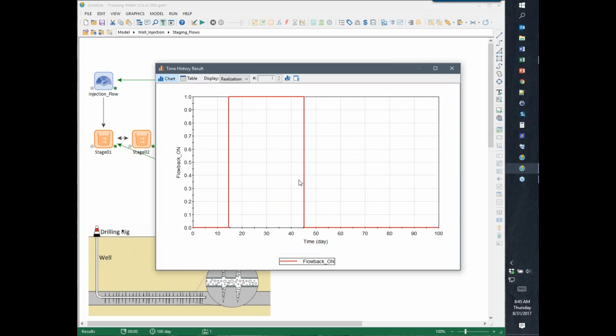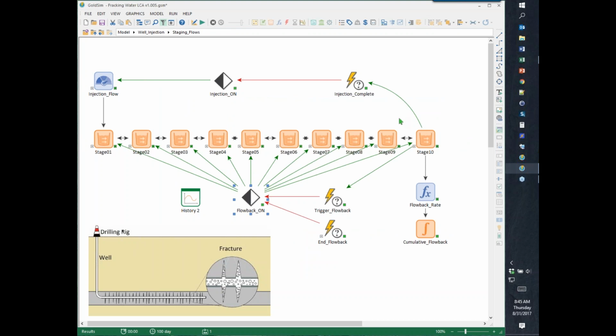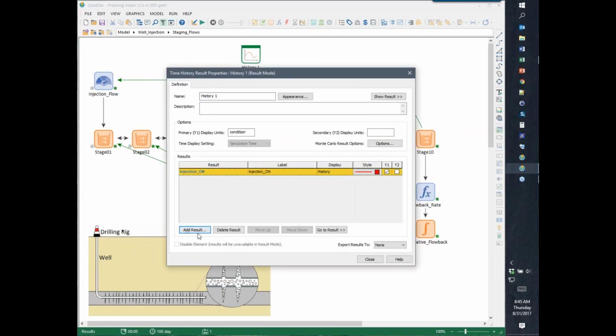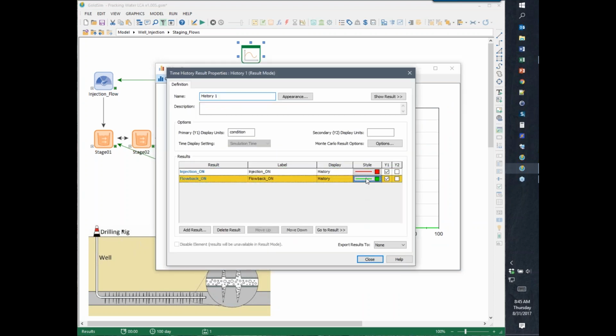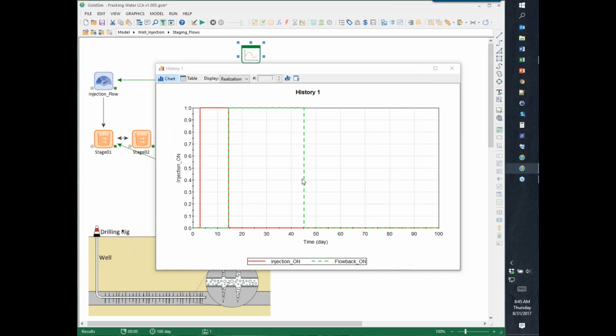So we run this, and our flowback stops at day 45. So what we could do is trigger another injection to turn on when the flowback turns off. But let me plot these two together to see if that's going to cause a problem: injection on, flowback on. I also need to make the green line dashed so I can see what's going on behind it. So if I put logic in here that says the injection, the red line, turns on again as soon as the flowback is shut off,